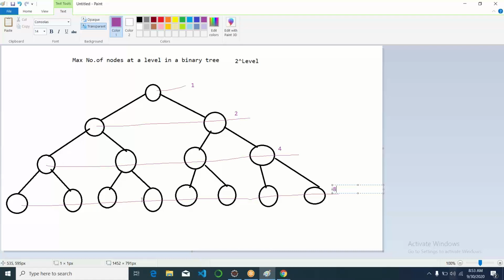Now the maximum number of nodes in a tree with height h. We know the number of nodes at a particular level; the formula is 2 to the power of level. So the number of nodes at level 0 is 1, because 2 to the power of 0 is 1. At level 1 the number of nodes is 2 to the power of 1, which is 2. At level 2 it is 2 to the power of 2, 4, and 2 to the power of 3 is 8. Now if someone asked you the maximum number of nodes in a tree with height h,